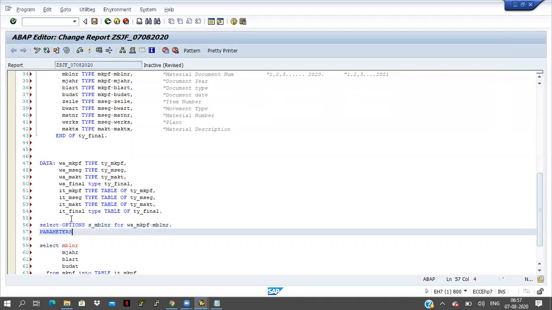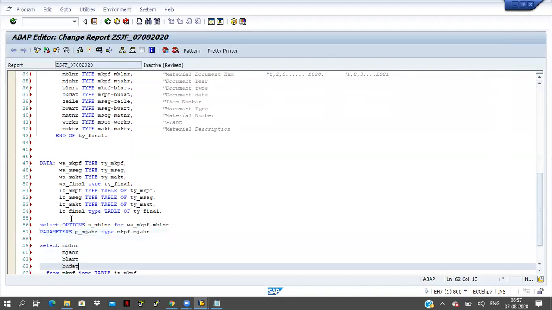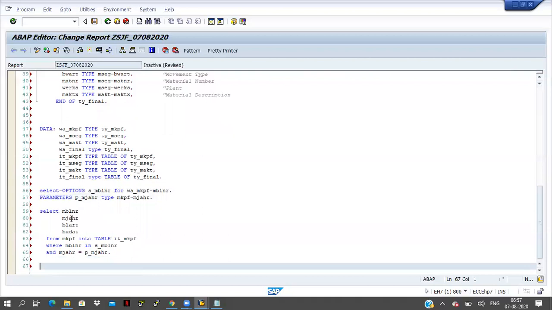Next parameter P_MJAHR type MKPF-MJAHR. So I am taking two input fields, one is the select options and one more is the parameter. Now what do we have to do? We have to write one more select query for item data.